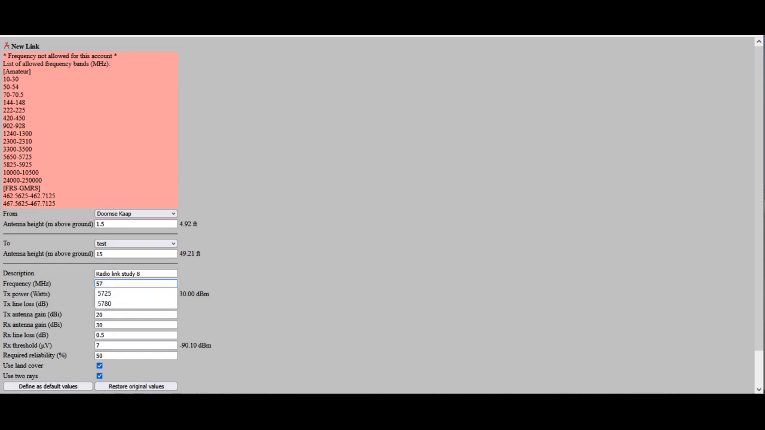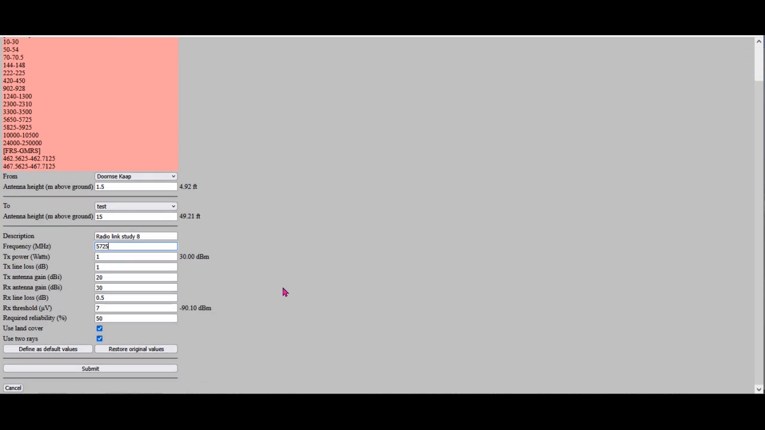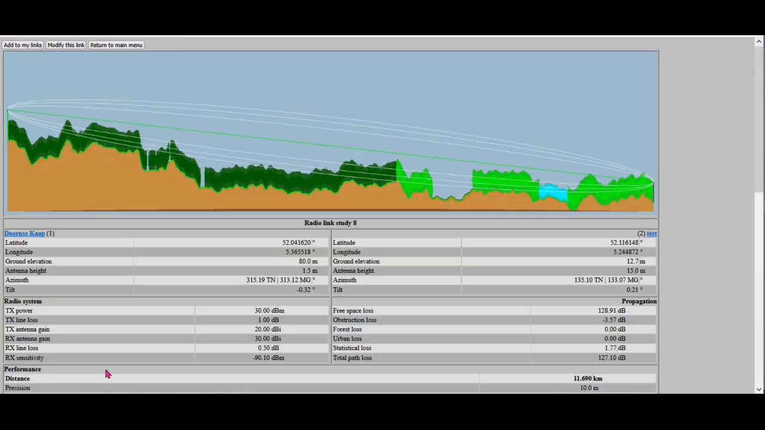We make 80, we change it to 25. And when we then say submit, then it calculates, and it can take some time, but in this case it has already calculated Doornse Kaap and the location we just added, and you see the line of sight is almost present, and of course the Fresnel zones, and I explained a lot about that in